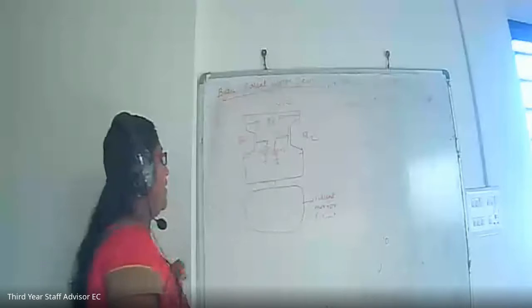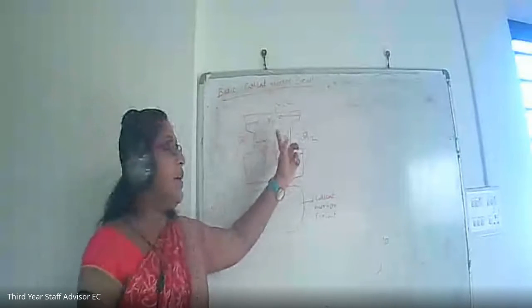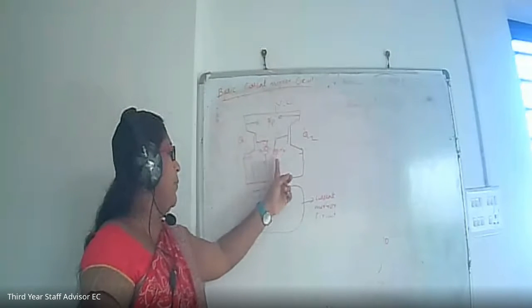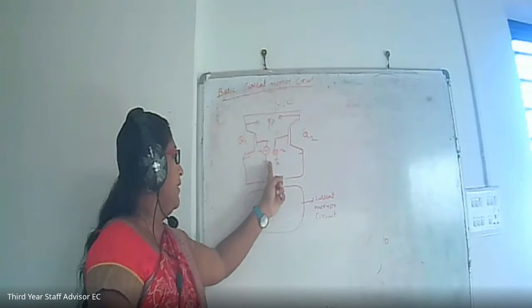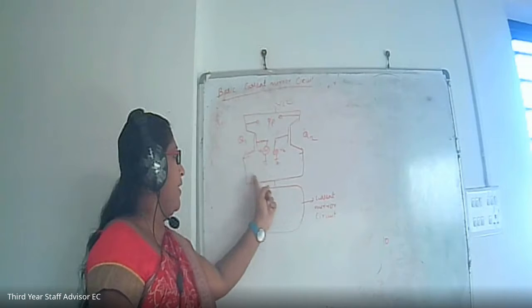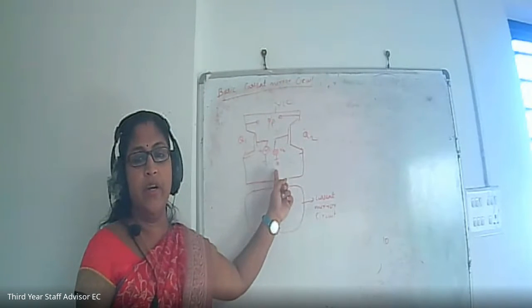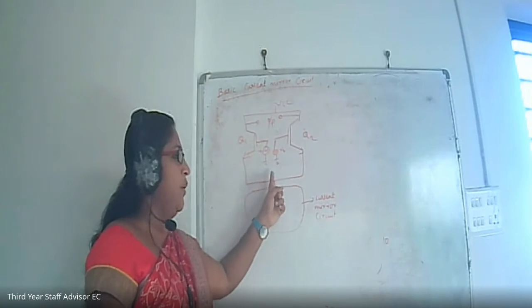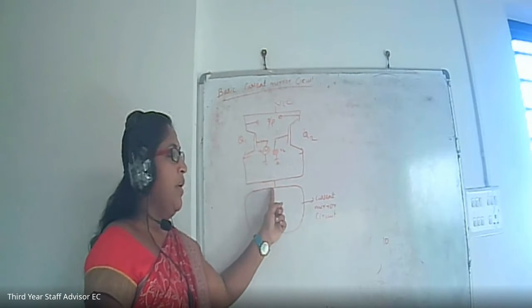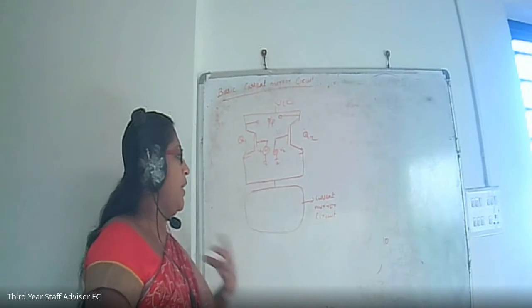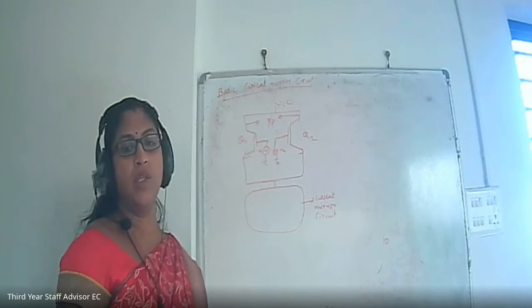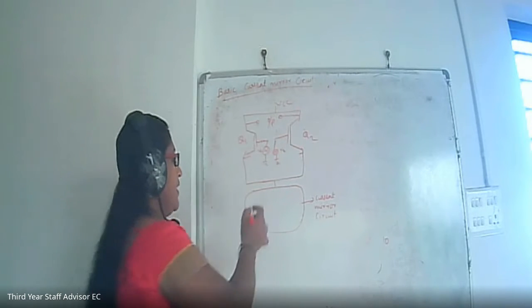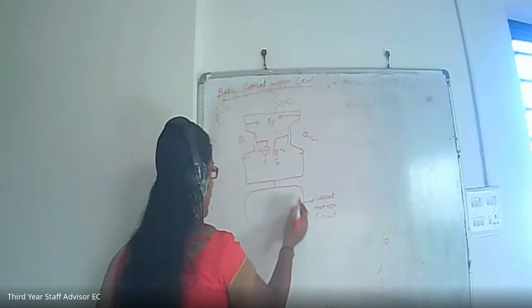Actually, this is the differential amplifier circuit. Inputs are given here and output is taken here. In the case of a differential amplifier, the emitters of the two transistors Q1 and Q2 are coupled or shorted together, and there will be a resistance here. But in the previous topic, we gave a constant current bias or constant current source, so a constant current bias circuit will be here.